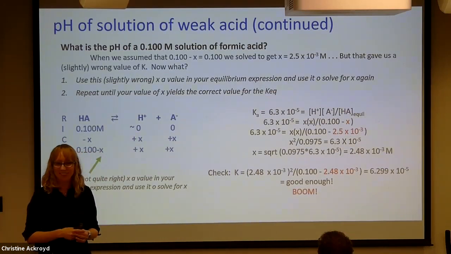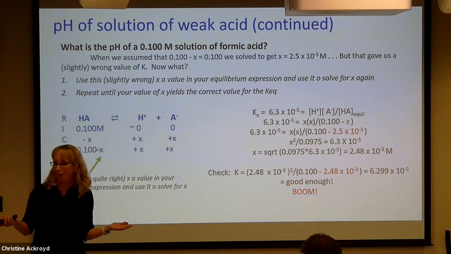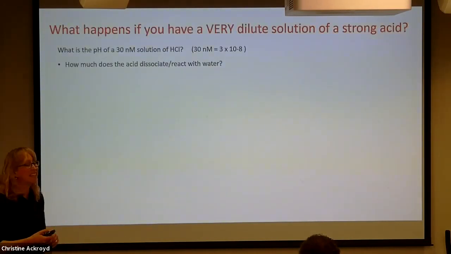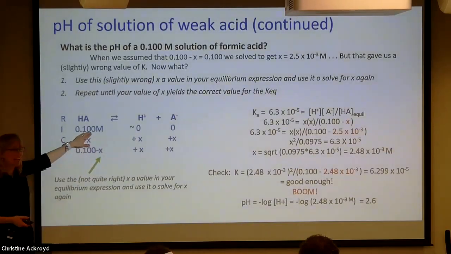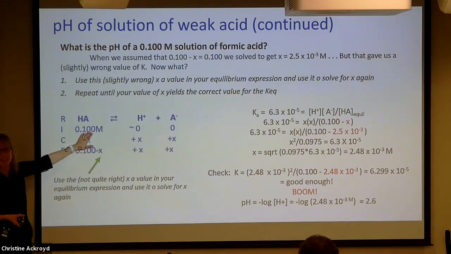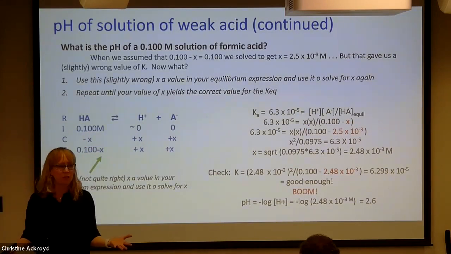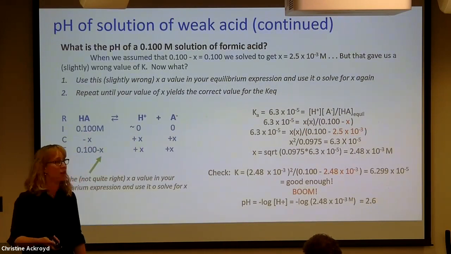Mostly true. Will a chemist settle for nearly true or mostly true? It doesn't affect the final outcome. Good enough, right? There is one example where it does affect the final outcome. The reason we can say that this is 0 here is because we're adding a whole bucket load of acid, right? So the hydronium that the acid is adding is going to be so much bigger than the hydronium that the water is adding that we're not even going to care about the hydronium that comes from water.